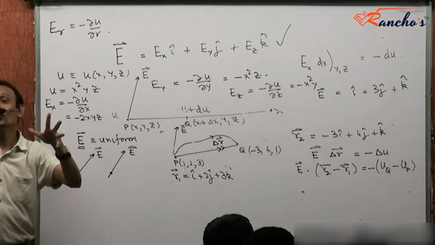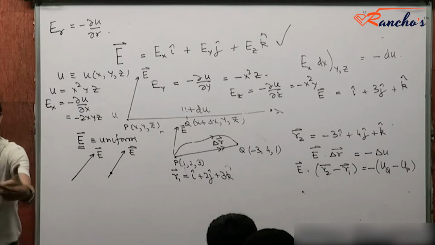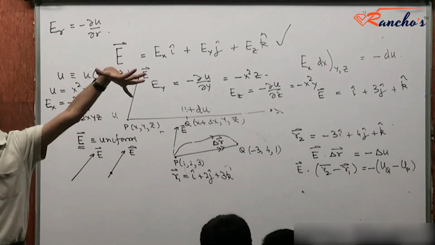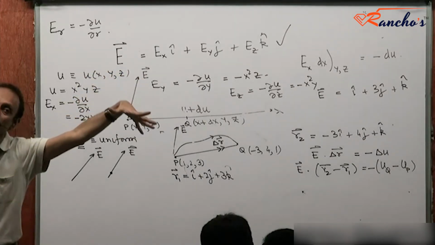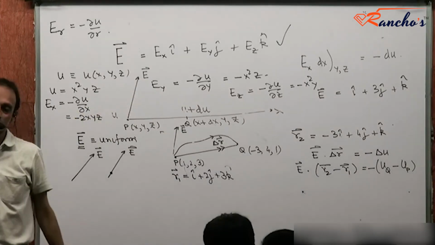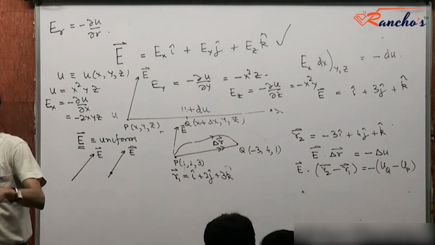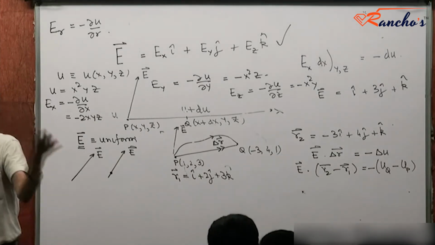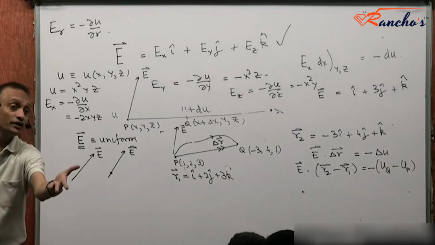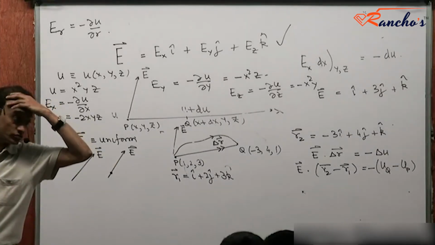So given you the scalar description of that region as a function of x, y, z, how easily you can find the vector description of that region, the electric field. Ex is minus dou u dou x, Ey is minus dou u dou y, Ez is minus dou u dou z. Yes or no? है ना? Given the electric field, so given the potential, we found the vector description electric field. Now given the electric field, how does one find the potential u? Right?